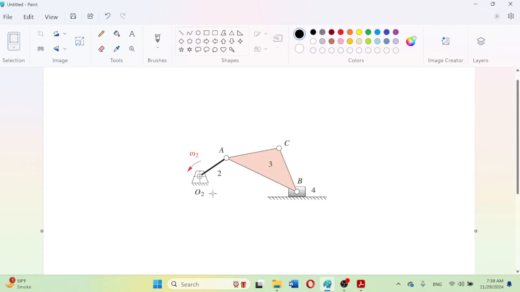So as we can observe, here are 4 links, one is ground, so that is not shown here, so that is understood that 1 is actually the ground link, 2 is the input or crank link, and third is the coupler, the complex motion link. As we can observe, it is made in triangular form. It is actually a binary link but is made in the triangular form, and